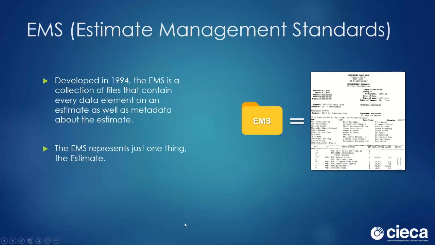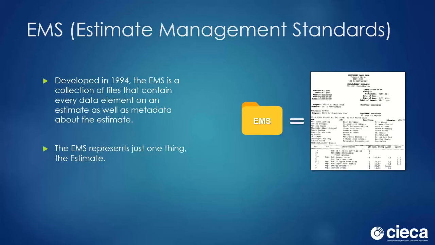So we're going to go back to 1994. Computers were exploding in the industry and everyone was trying to get rid of paper-based processes. Body shops were essentially getting killed with requests to provide estimates electronically, but every insurance company wanted to do it a little bit differently. A group of forward-looking people within the industry realized we needed a standardized way to exchange information between the estimating systems and the shop management systems, and that was the EMS. It's important to note that the EMS was intended for only one purpose, and an EMS data file contains every piece of information contained in an estimate to be passed on to the shop management system.